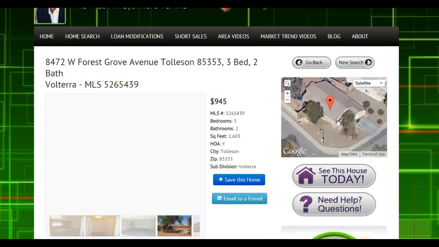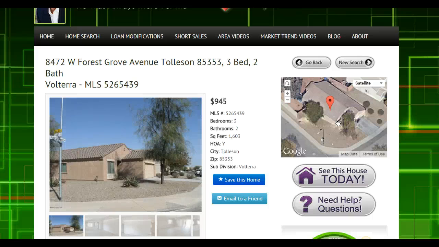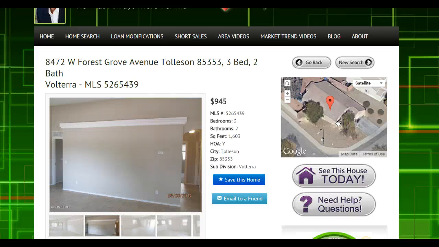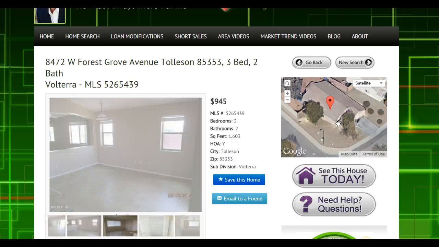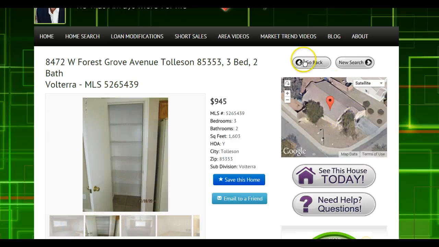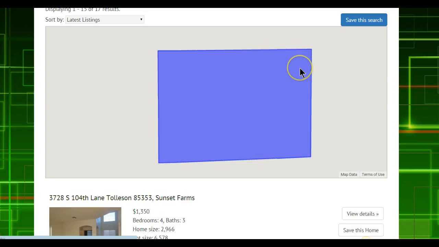It does allow you to see rentals. It's the same thing too when you look at properties you want to buy. Exact same thing. So you can see how this works. I realize this is a little bit long on the video, but it's important you understand how it works. You want to go back? Go back. I click on the back button, and it takes us back, excuse me,